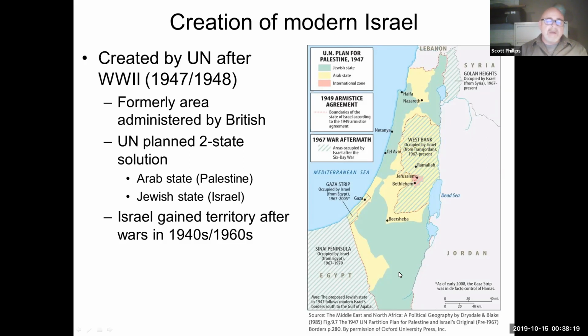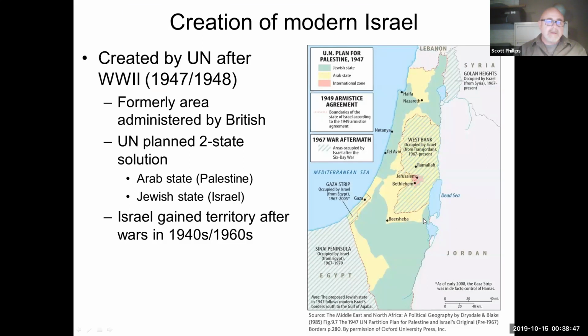However, there's probably too much to go over here, but I'm going to include some clips that talk about how these boundaries changed over time. There was a series of wars between neighbors in Israel, and during those wars, Israel occupied greater and greater amounts of territory. And so those borders have shifted quite a bit. And so now Israel is occupying the Arab regions, including the West Bank and the Gaza Strip.